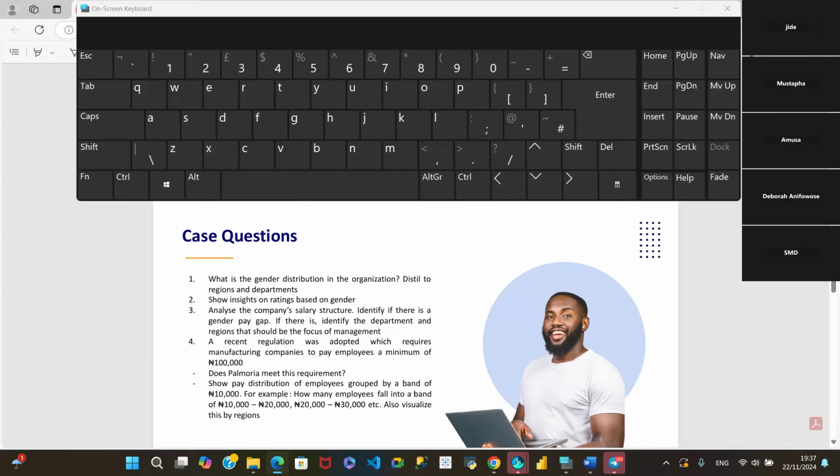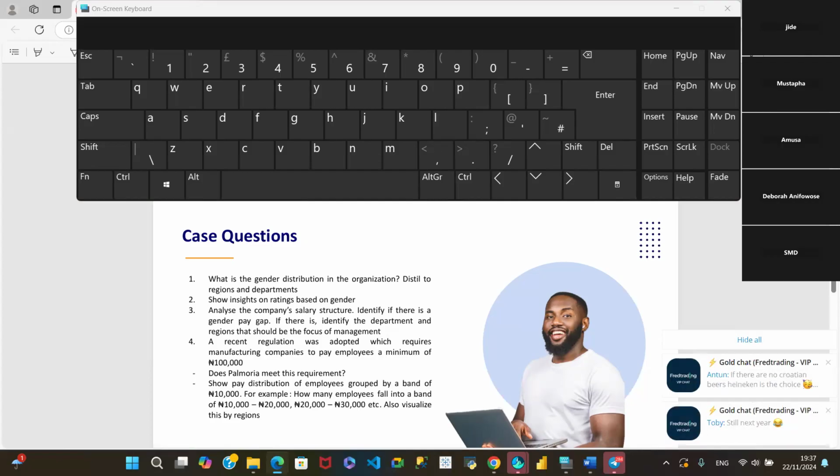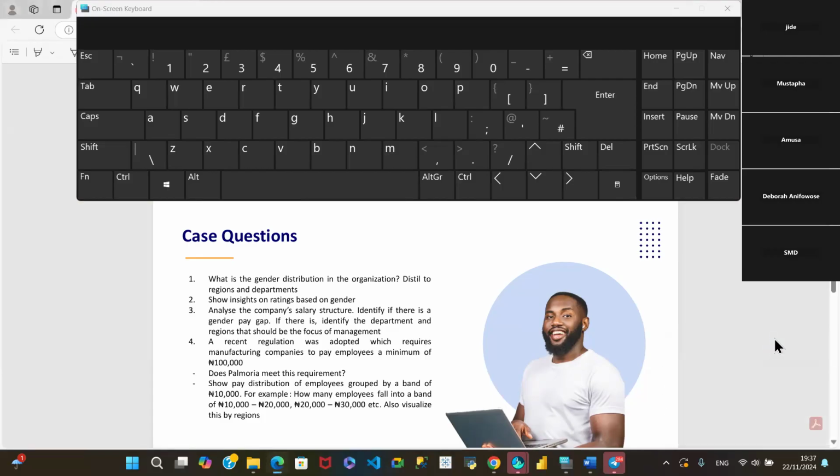I'm just saying that if we look at this, it says what is the data distribution in the organization? Now, can we start from a comprehensive data audit and ensure that that is